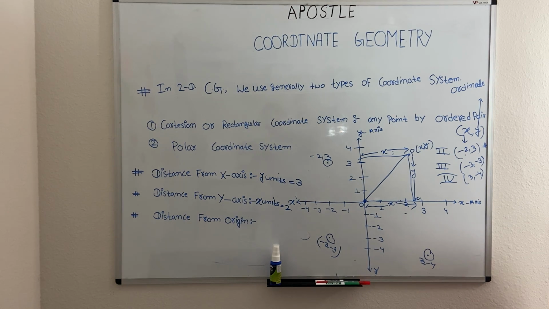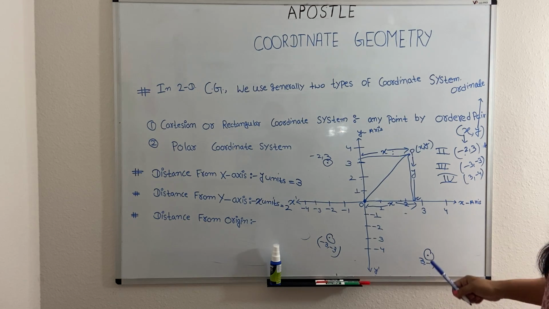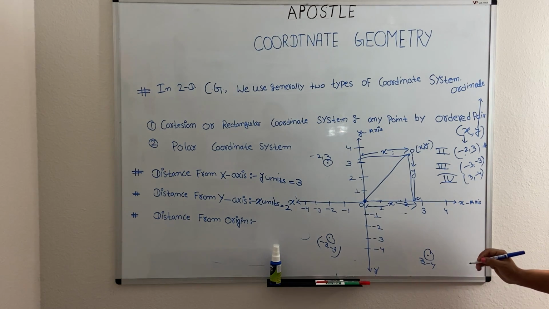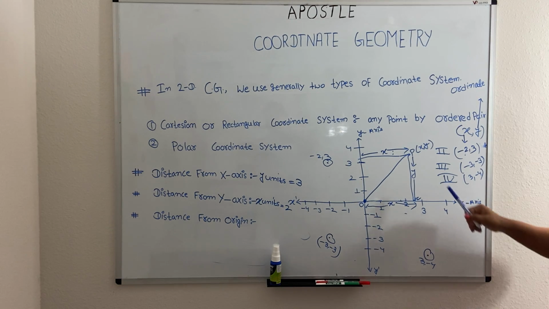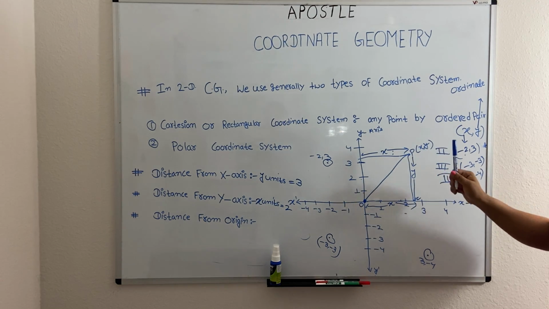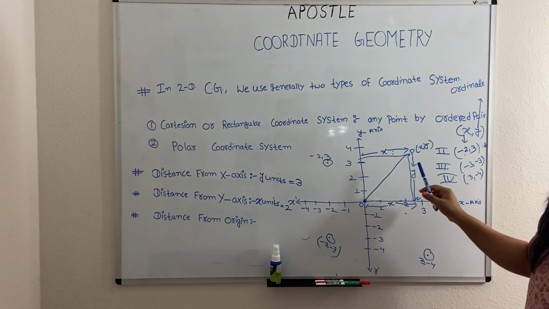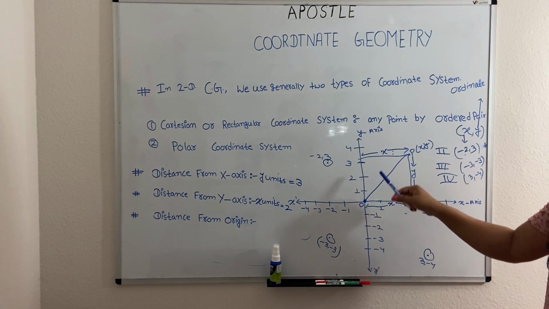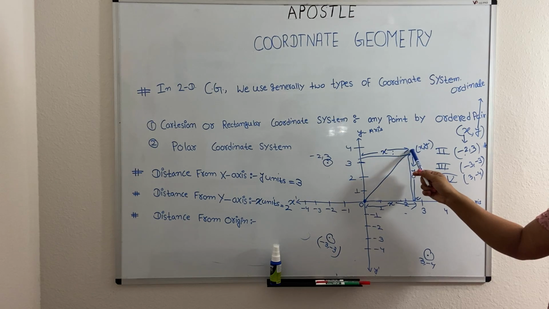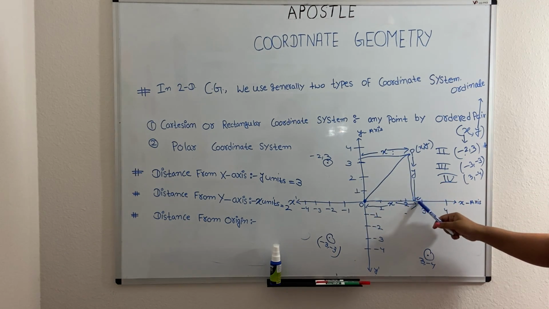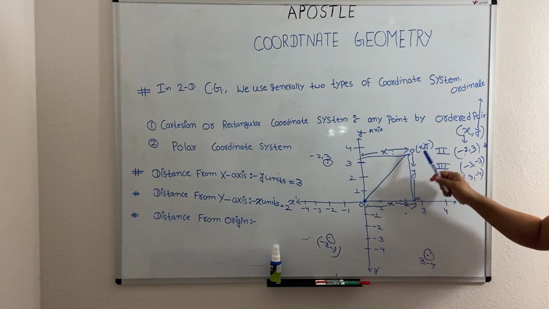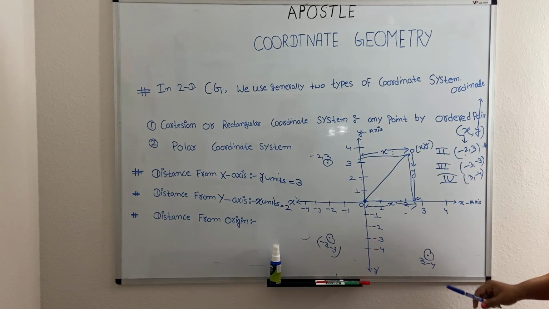So we know that by the Pythagoras theorem we can find the hypotenuse. So what is the value of OP? We can find OP by using the Pythagoras theorem. Clear? If we are given the ordered pair x comma y, and we have to calculate the distance from origin, we know that this is x units from the y-axis and this is y units from the x-axis, and we have to calculate this distance OP.